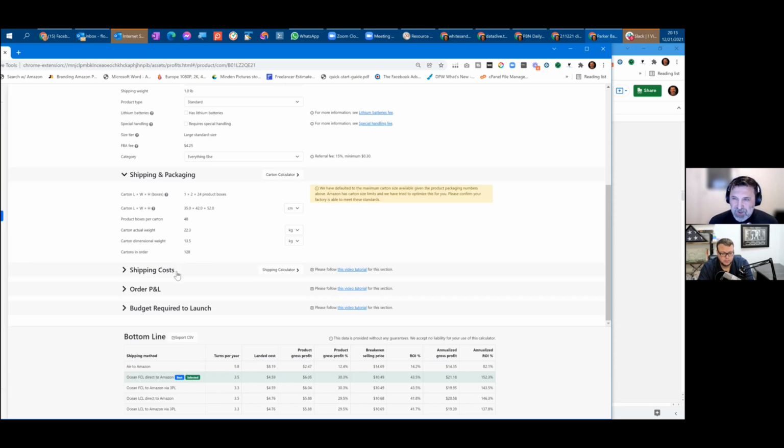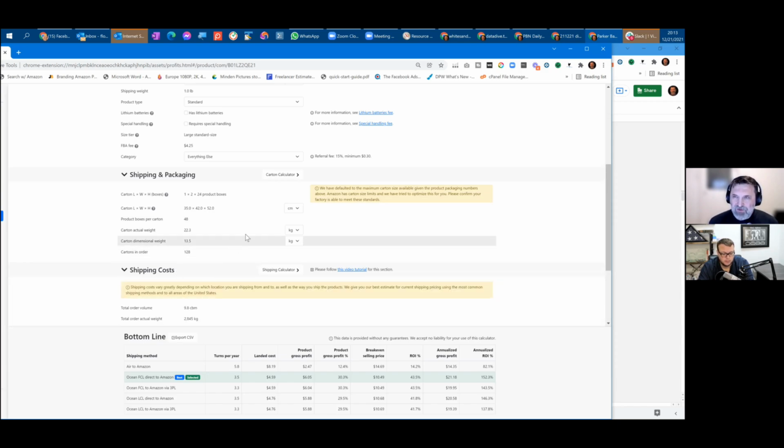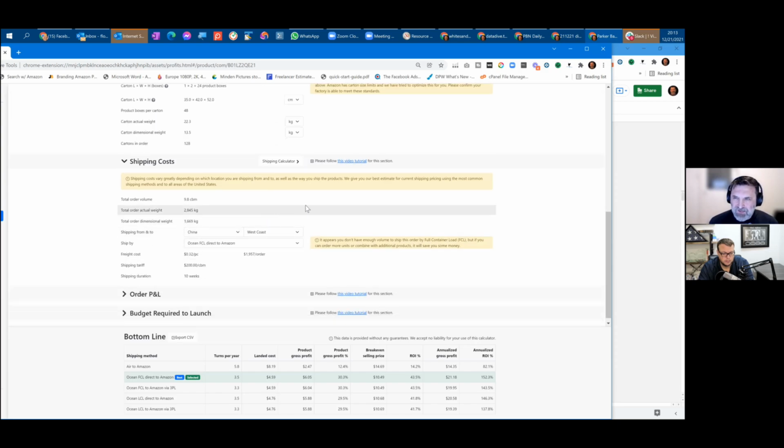In terms of shipping costs, once you have your cartons decided, then it's time to think about shipping. That's an area that is very sensitive, as Brendan just said. We try to give you the most accurate and up-to-date information. So based on your order volume, we're going to recommend one of the methods, but you're free to select another one. For example, in